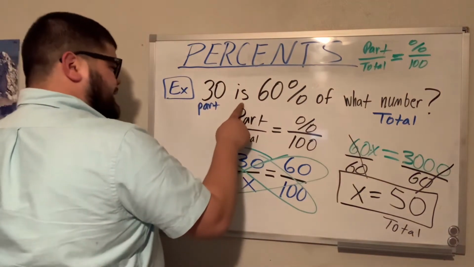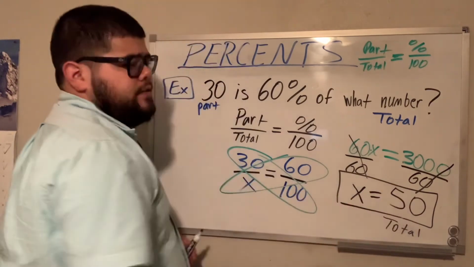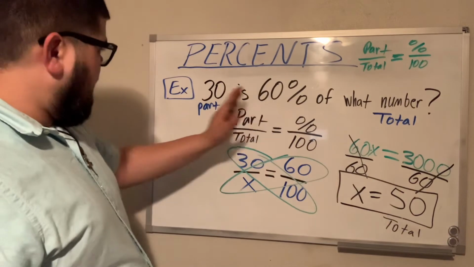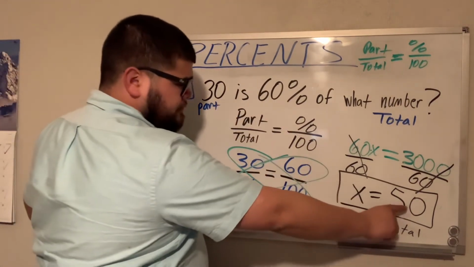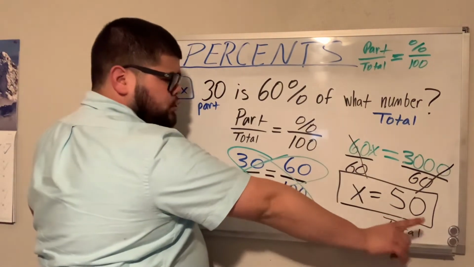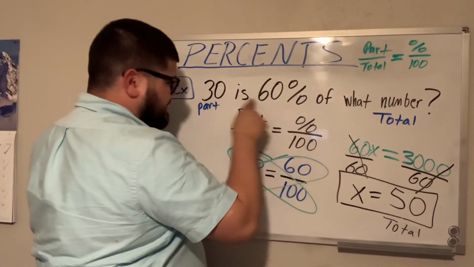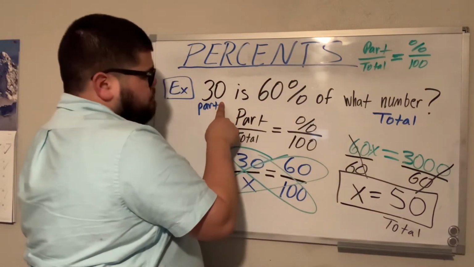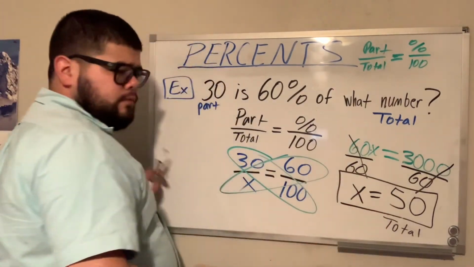So 30 is 60% of 50, okay? So again, 30 is 60%, which is more than half, right? And that makes sense because 30 is more than half of 50, right? Half of 50 is what? Half of 50 is 25, but we're looking for 60%, right? We know that 60% is a little bit more than 25, which is 30. And then again, the total, by solving our proportion, we found it to be 50,